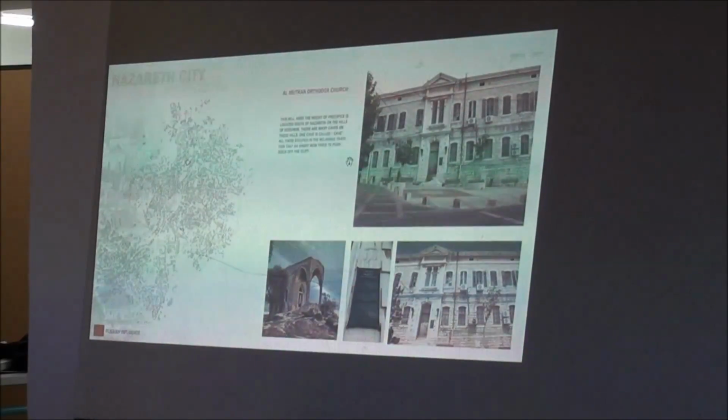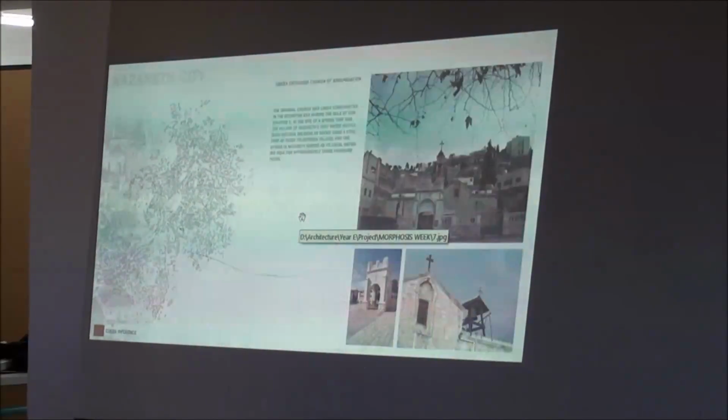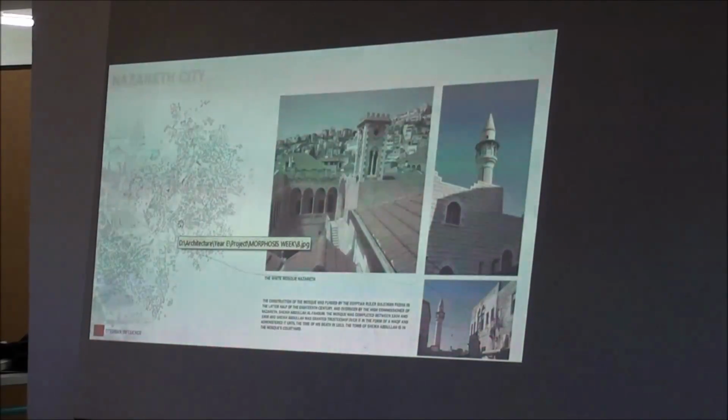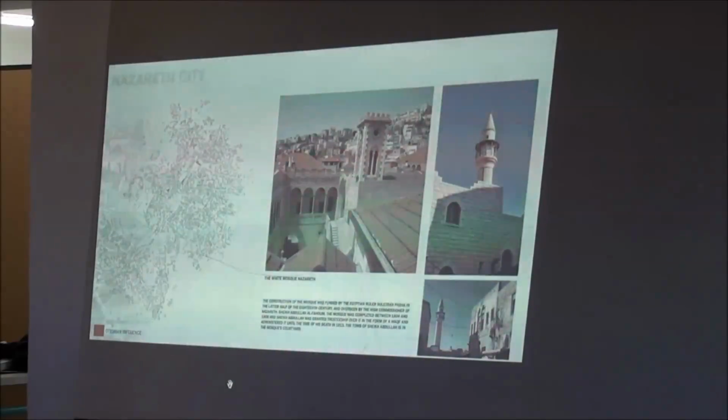This building is called the Moscovia, which is the center of the Russian pilgrims in Nazareth, and some Orthodox churches around the city. Also Greek influences. This Orthodox Annunciation Church is situated near the Mary's Well, which is the city center somewhere here. And also, as I said, the recent influences like the Ottoman Empire,